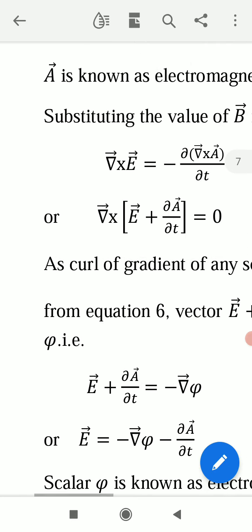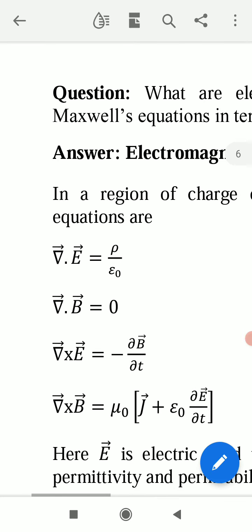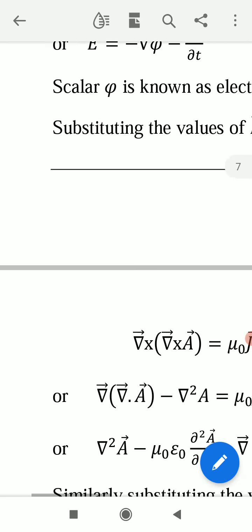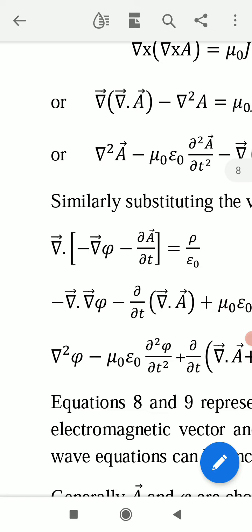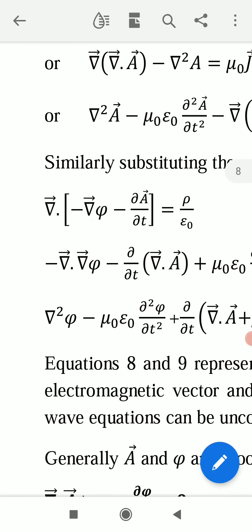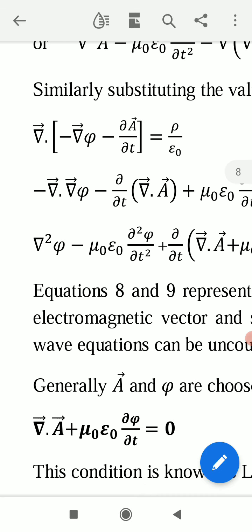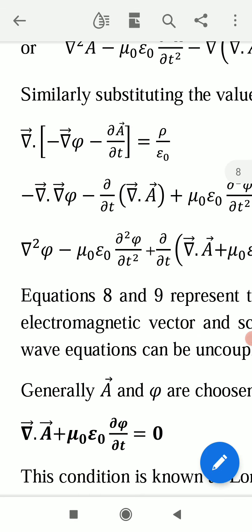If we put this value of E vector in this first equation, this becomes del dot of minus del phi minus delta A upon delta t equal to rho upon epsilon 0, and it becomes equal to minus del dot del phi minus delta upon delta t del dot A